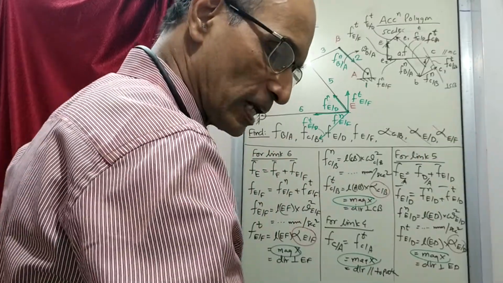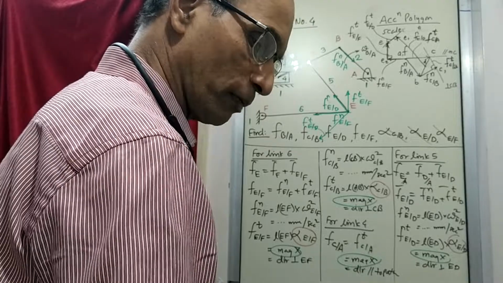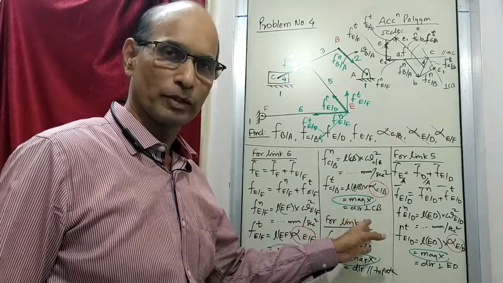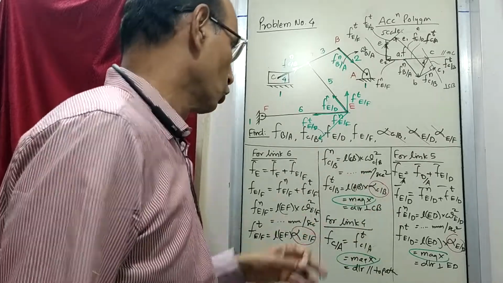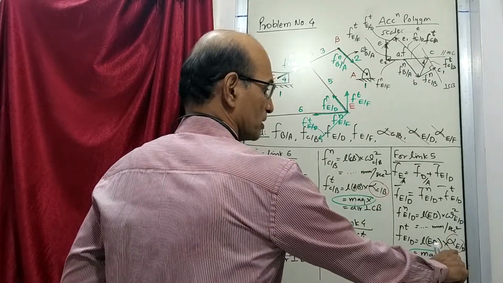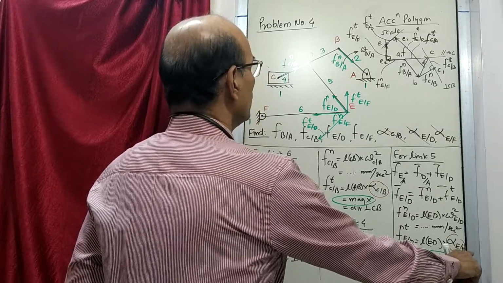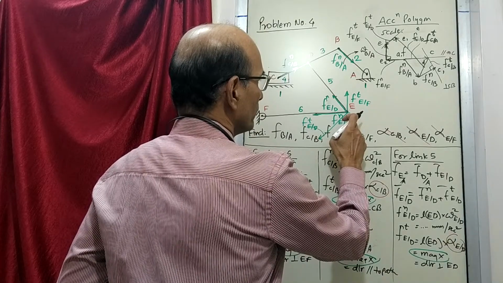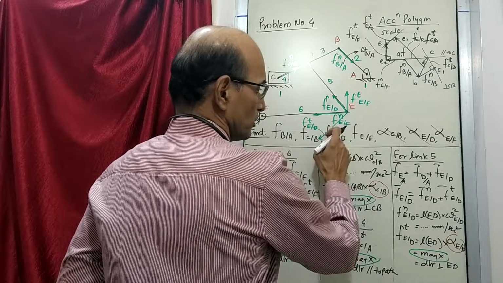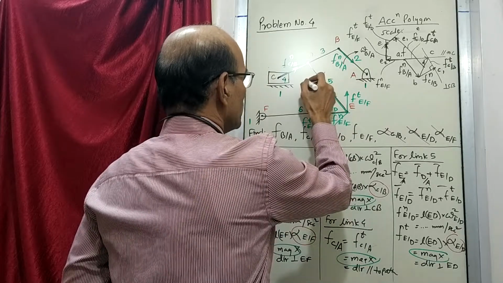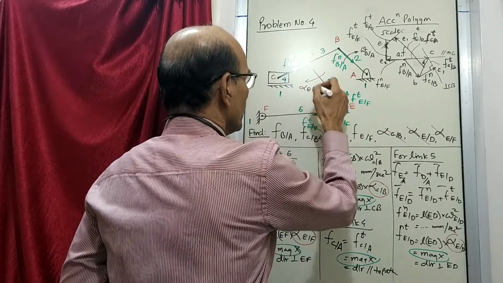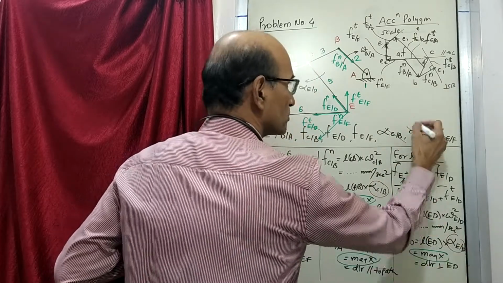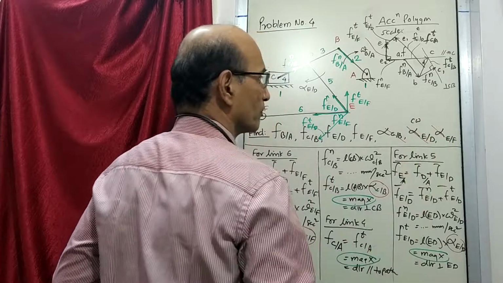The only thing is direction. So I'll just explain to you how to find out the direction. But rest calculations you can do. The units will be radians per second square. So what is the direction of rotation of this? E with respect to D. Now E with respect to D, tangential is this. So because it is like this, alpha will be this way, which is clockwise. So this will be E with respect to D, this will be clockwise.